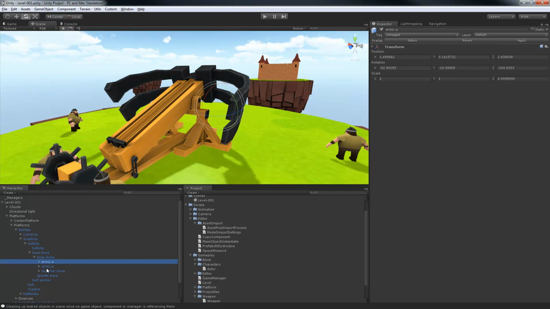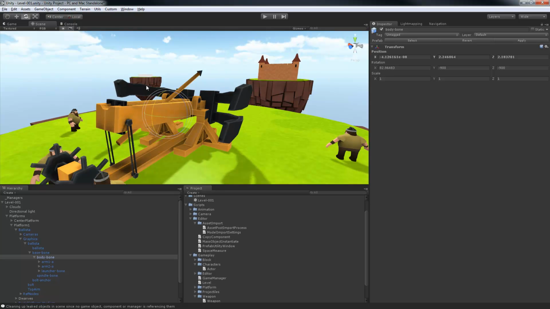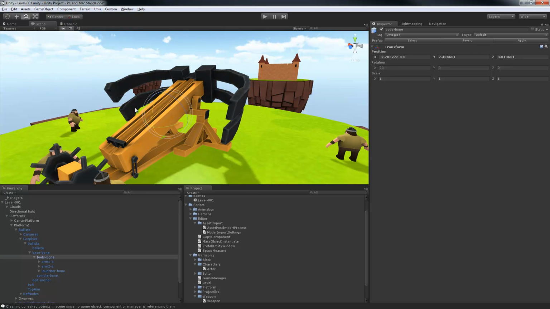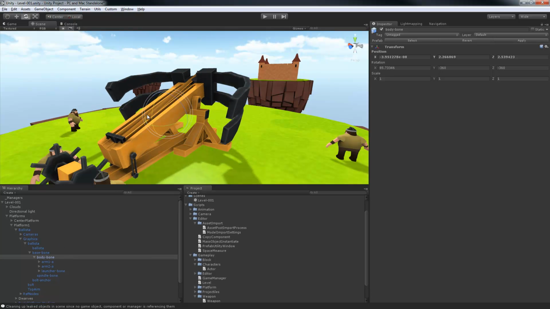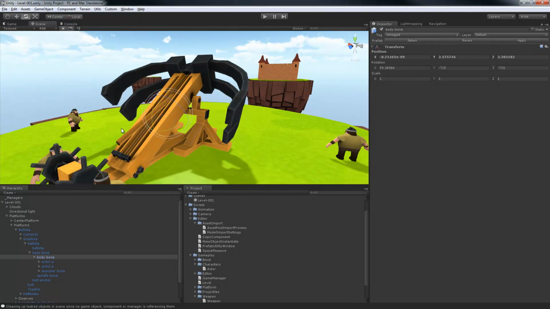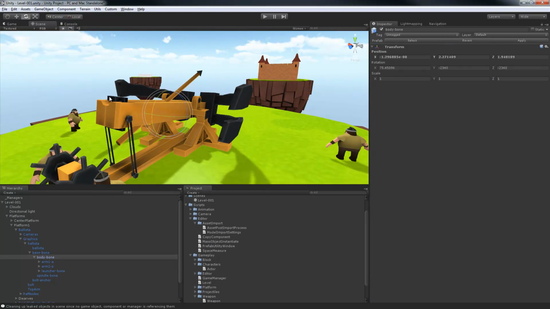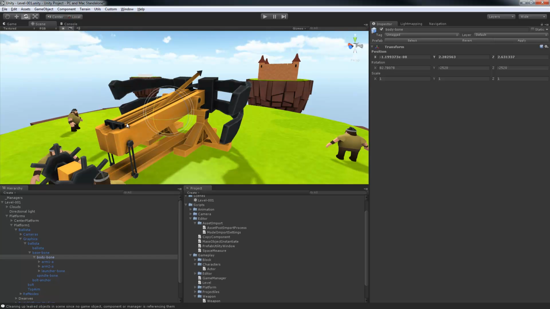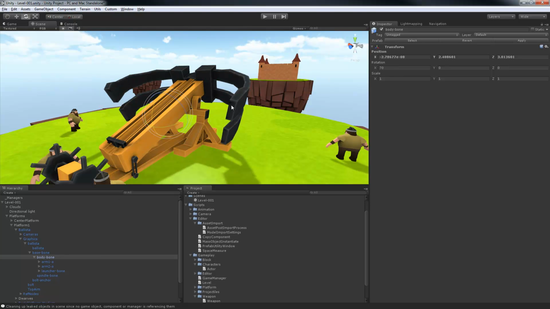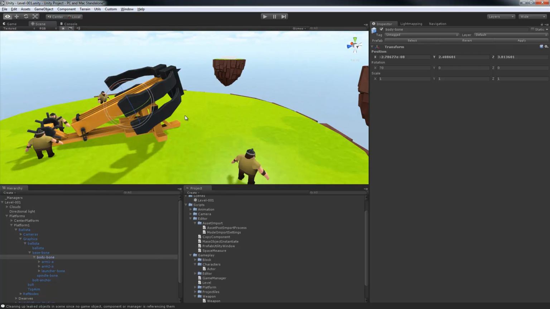I can set things up, and I'll be rotating this body bone, and even when all that's done, if we reparent things and make things childed to the bones, I'll still be doing the exact same thing. I'll still be moving the bone, and it'll still look exactly the same, except this whole part here, for example, will be just a child of the body bone. Okay, so